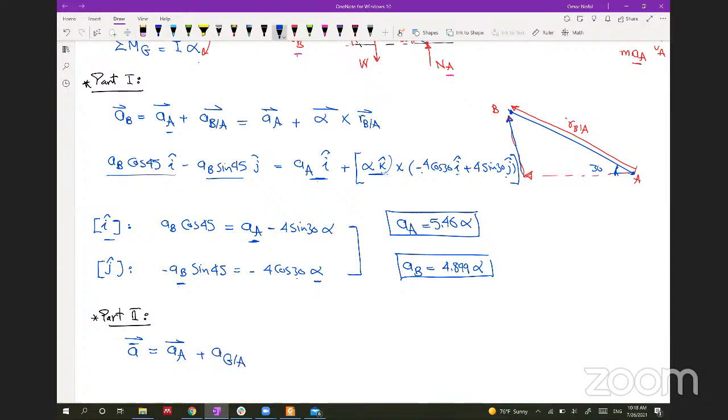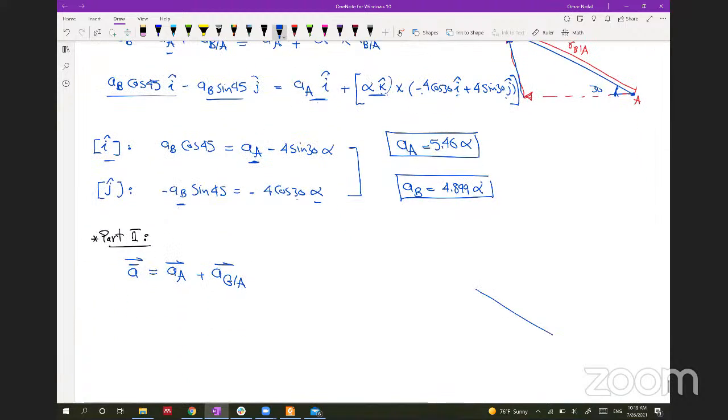AG with respect to A. We will relate the acceleration at the middle here with point A. To do this, it will be equal to AA plus the alpha of the body crossed by RG with respect to A. And here we can divide this in X and Y, so we will have A bar X